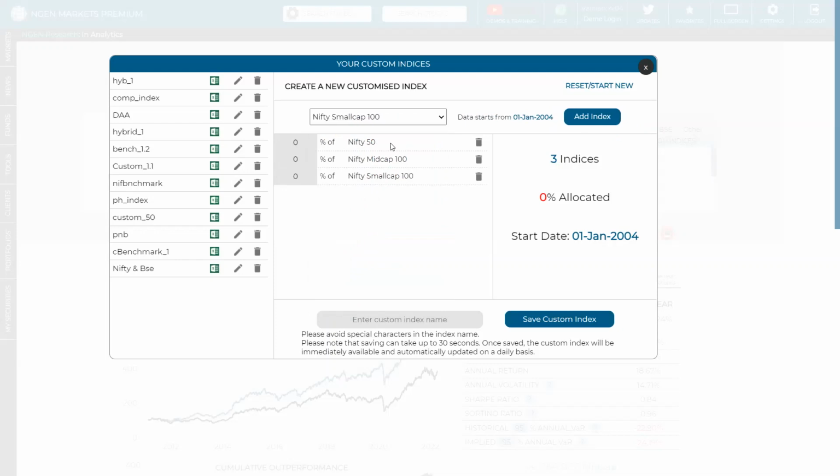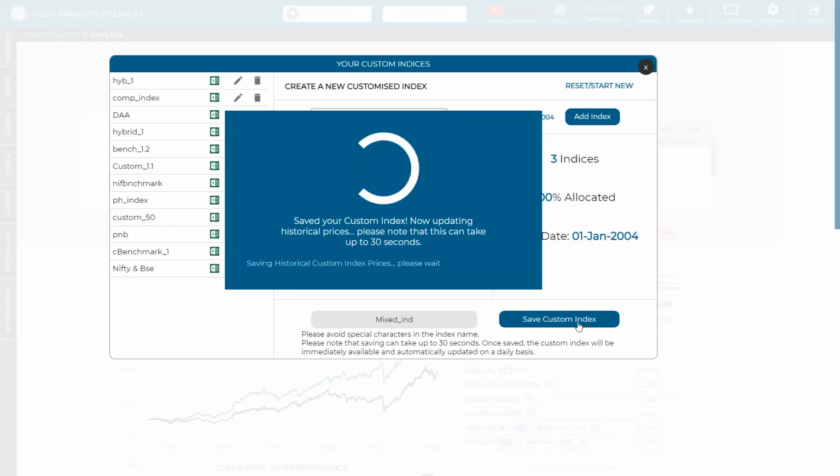आप किसी भी तरीके से बना सकते हैं, बेसिकली इंडेक्स में परसेंटेज एलोकेशन हैव टू ऐड अप टू 100, ये आपको देखना पड़ेगा। उसके बाद आपका एक कस्टमाइज इंडेक्स बन जाएगा, जिसको आप एक नाम यूज करके सेव कर सकते हैं। और सेव करने के बाद हम लोग अपनी तरफ से ऑटोमेटिकली इसको डेली अपडेट करेंगे। साथ में आप जो भी पोर्टफोलियो या फंड या कुछ भी रन करें, उसको आप अपने सेव किए हुए कस्टम इंडेक्स के साथ रन कर सकते हैं।